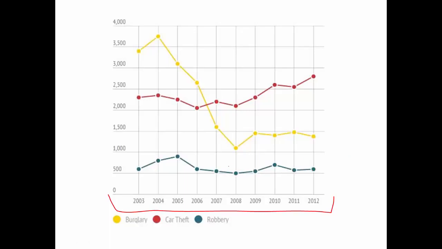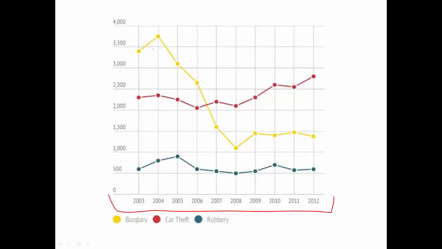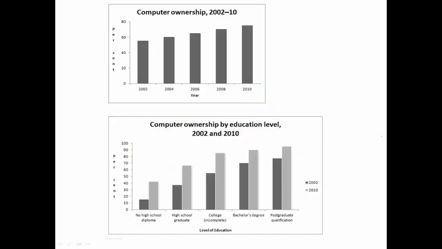But if you looked at this list, most students would just look at this graph and interpret it the way that I told you at the start, and that would be wrong. So what we're going to do now is look at several different graphs, pie charts, bar charts, line graphs, multiple graphs, and I am going to pick out the key features that you would include in your